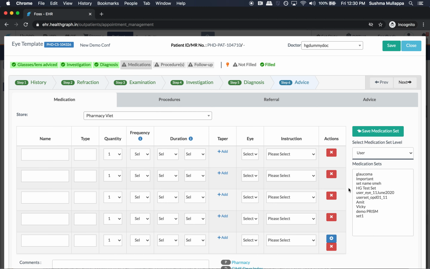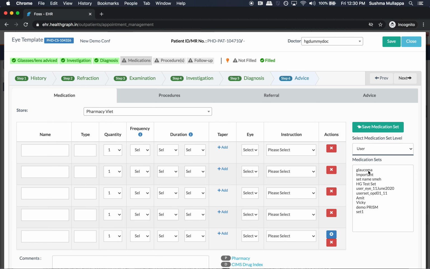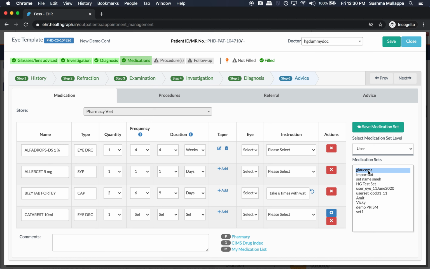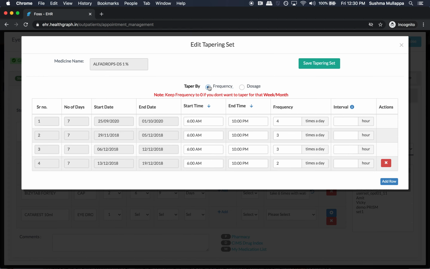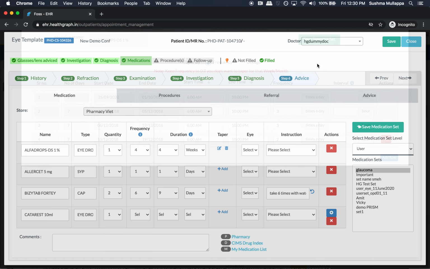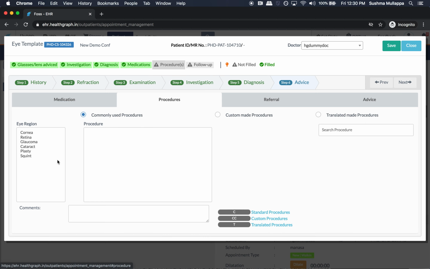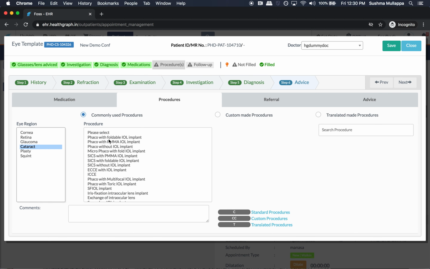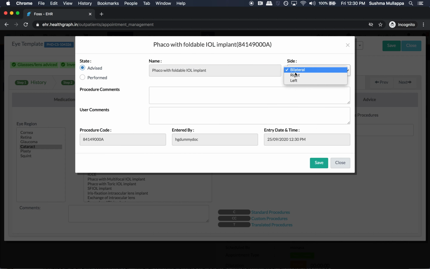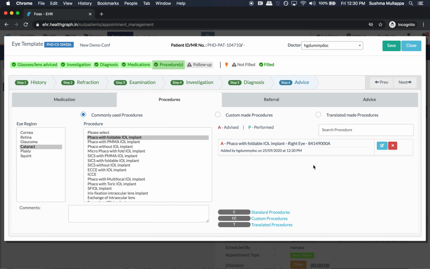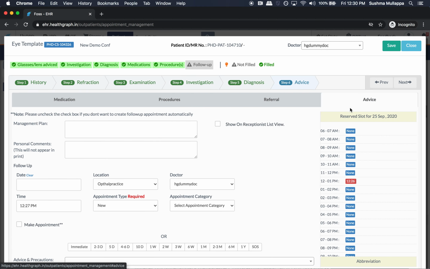Same thing goes for advice. I can create sets. So let's say I have created a glaucoma set, and if I want to taper it down by frequency or by dosage, I can do that. If I want to advise any procedure to the patient, I can do that. Any referral or any advice.